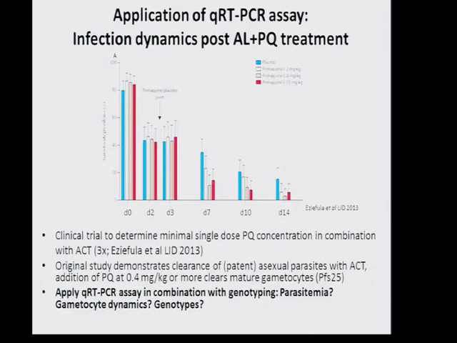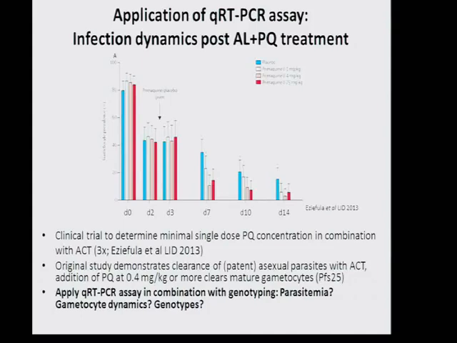And so here, treatment with artemether-lumefantrine was done at days 0, 1, and 2, and then primaquine was a single dose here. What you can see in this study, only PFS25 QT-NASBA was done, and then parasitemia was detected by smear. And what you can see is that upon primaquine treatment, gametocytes are efficiently knocked down in all of the 3 treatments. And here at day 14, they're at a very low prevalence in the cohort.